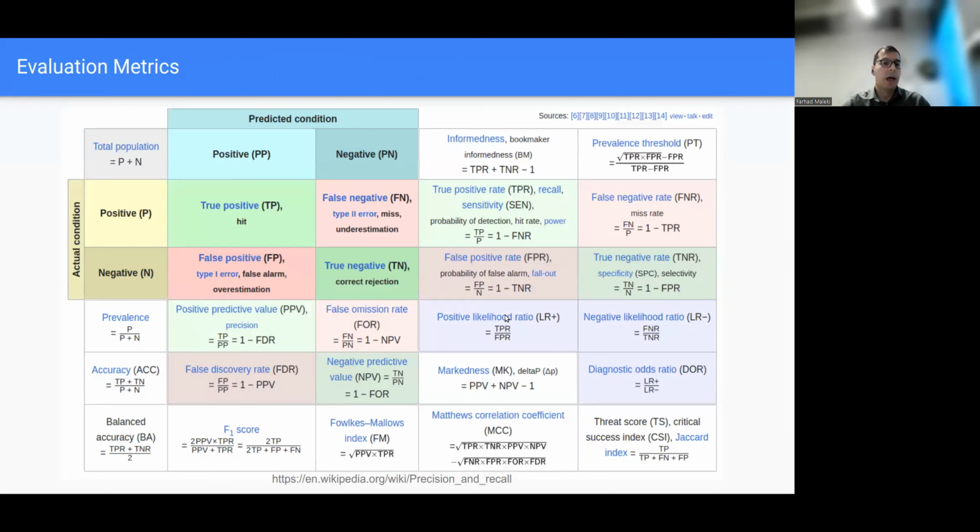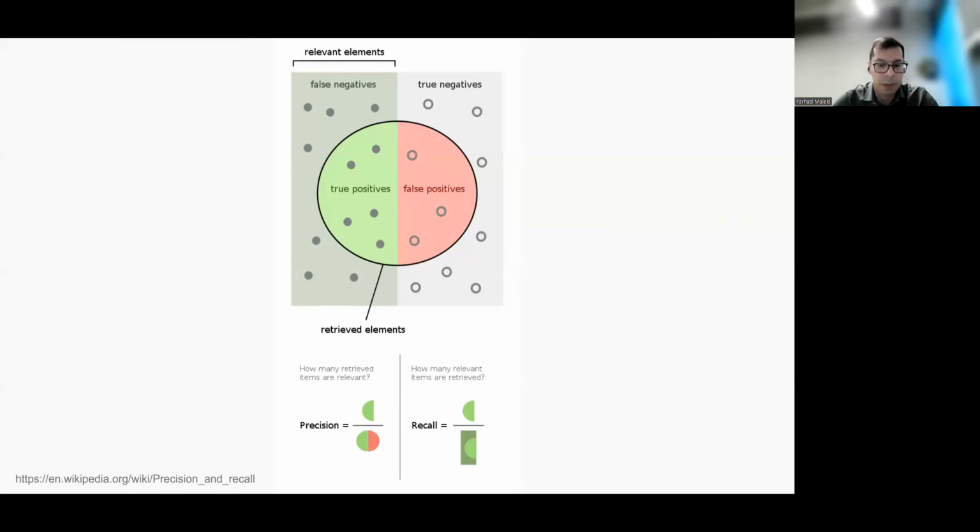Okay. There are many other evaluation metrics that I think it's good practice to know about. Here is a Wikipedia page that includes definitions of different metrics. I don't want you to remember or memorize these. Some of them are intuitive and make sense, and you can perhaps keep track of them. For example, precision and recall.